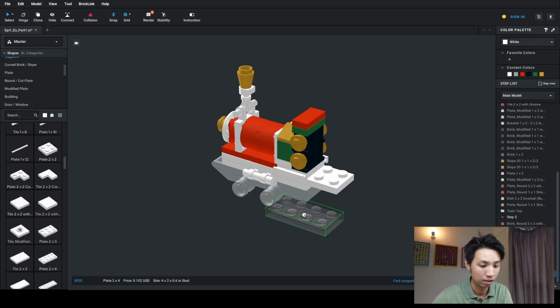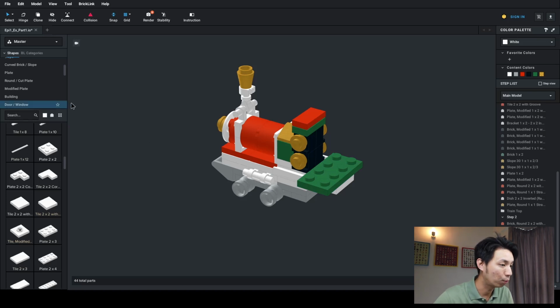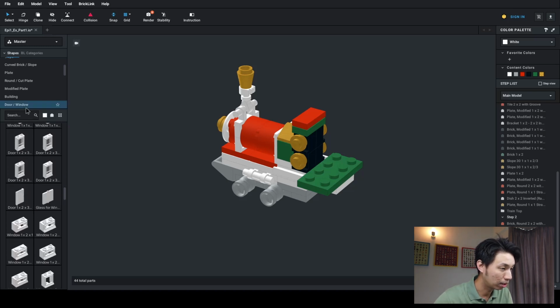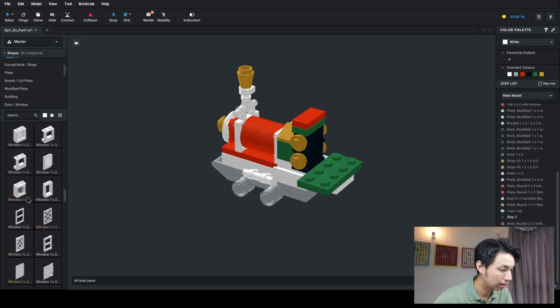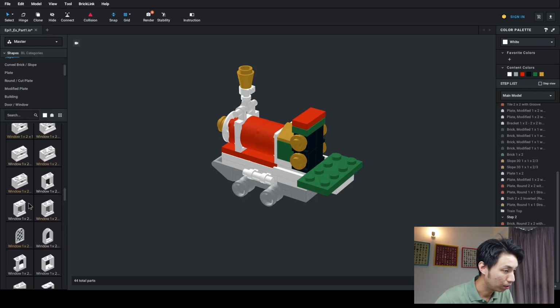2x4 here, and then we place it here. This one we have to change to green color, or if you don't like, you can change to any color which you prefer. So for right now, I will use the green, and then I will need to use the window frame. You select the door and the window category, then we have to select the window frame, which is